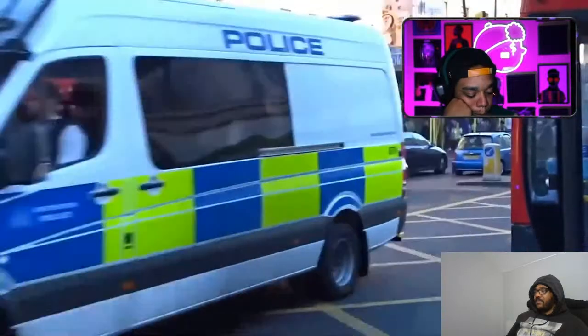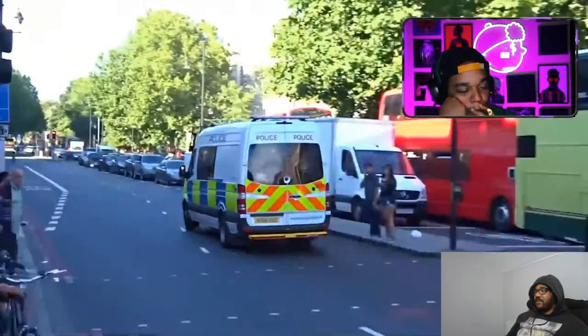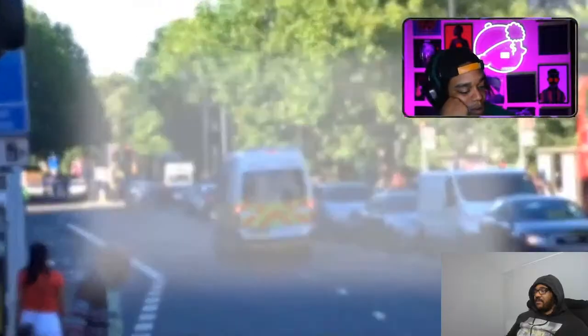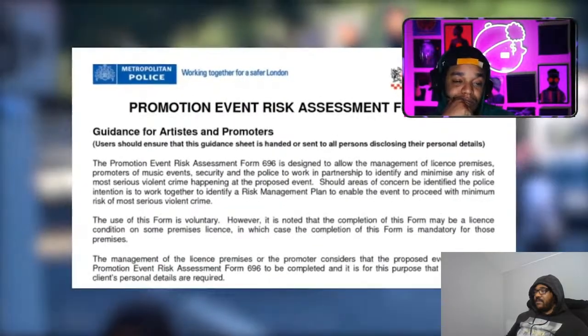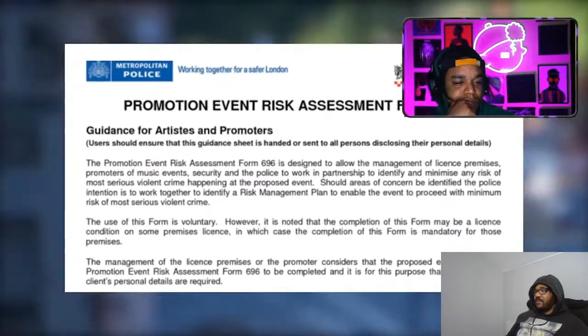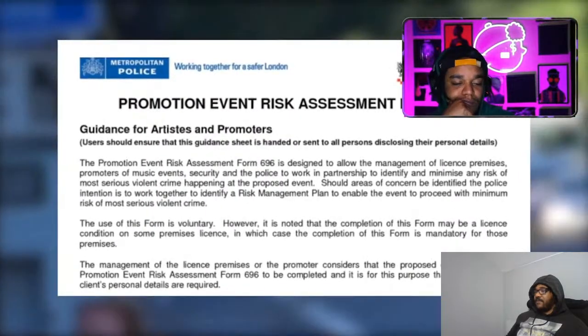In 2005, it was mandated that all promoters putting on music nights in London had to fill out an official piece of documentation called Risk Assessment Form 696 in order to be granted a license. The form asked, amongst other things, details of the performers, a description